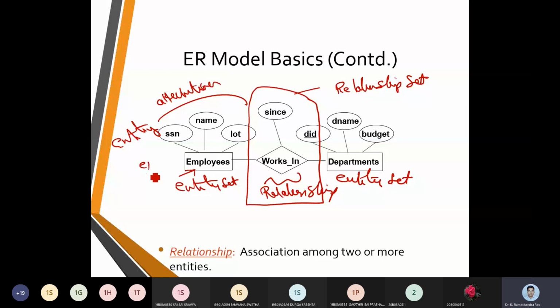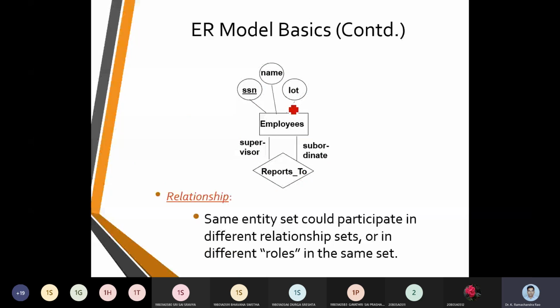In this model, we are going to build up the ER diagrams. While building up ER diagrams, there is a way we need to consider. We call it a self loop.